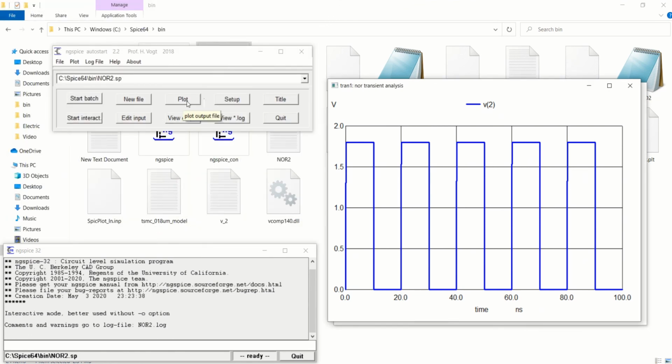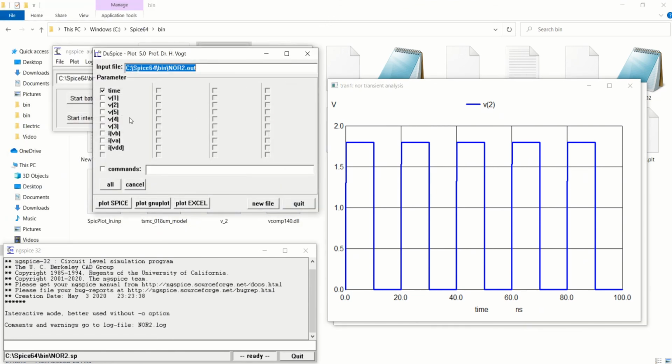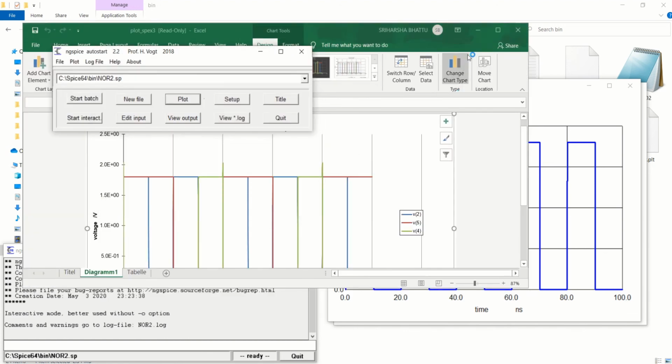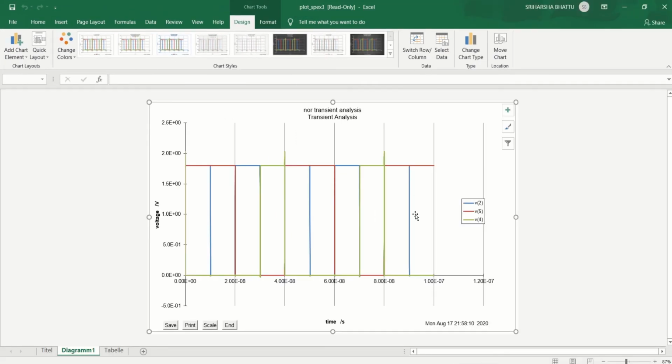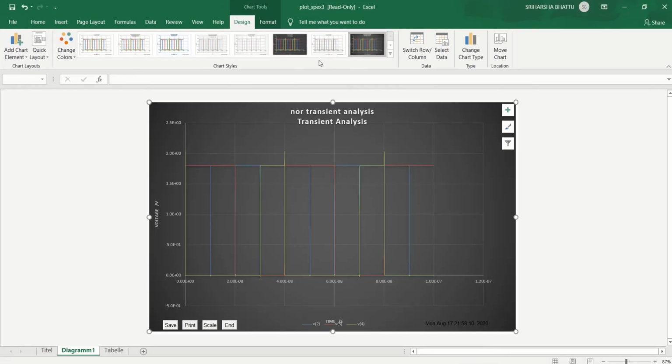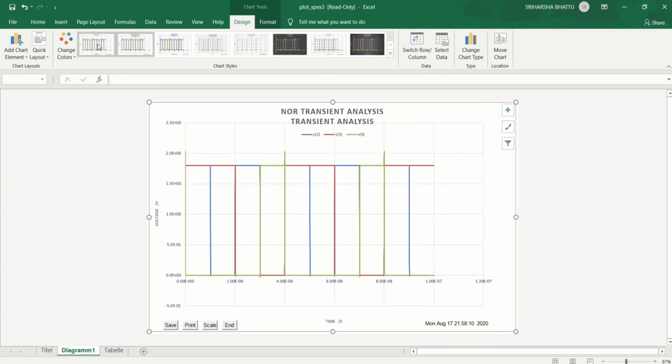Next, if you want to plot, you can go to plot and plot V4, V5, V2, plot in Excel. An Excel sheet will open with the waveforms. So you can see the results of the NOR gate simulation.